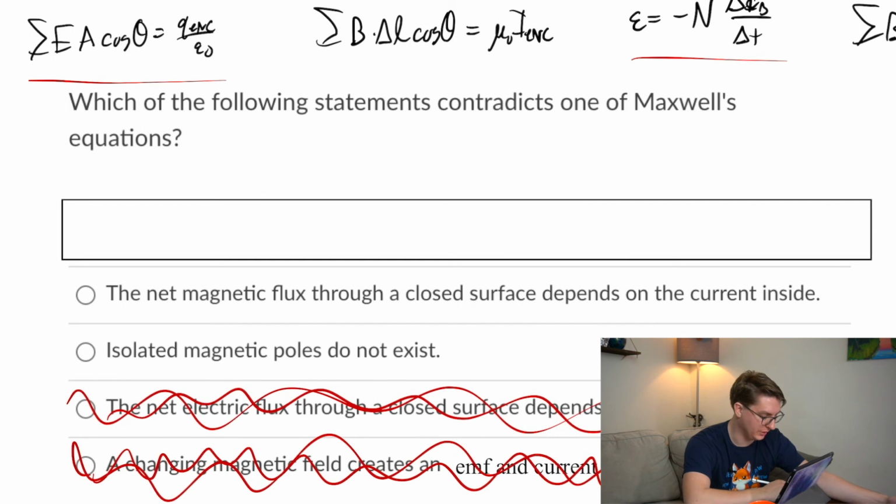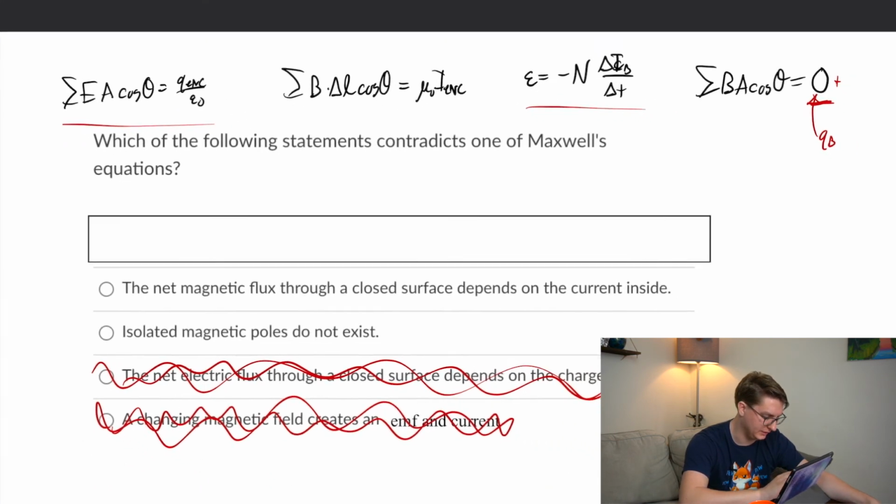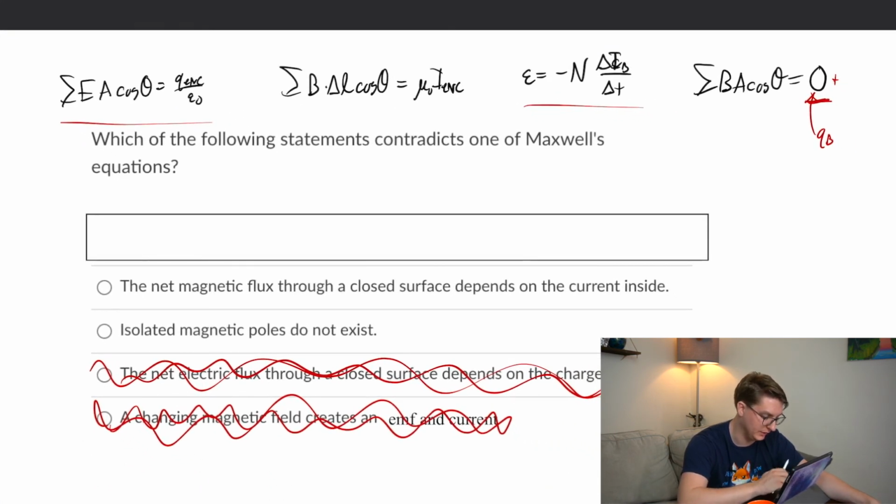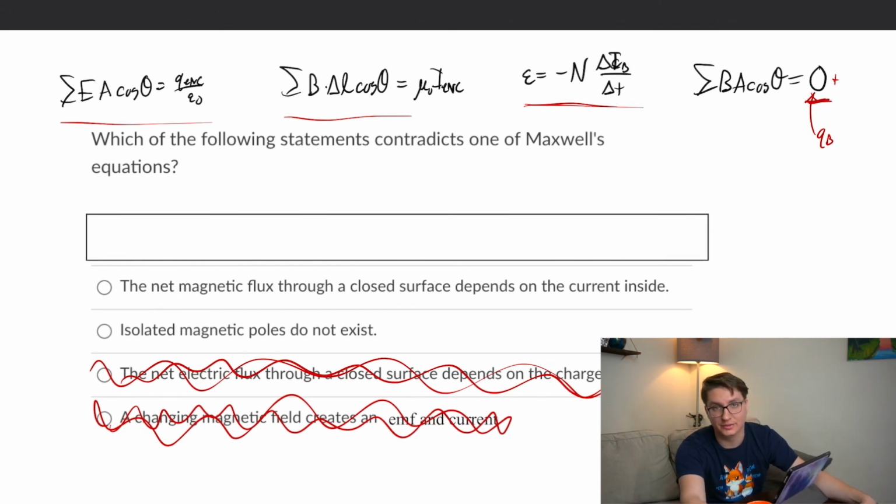So we don't know whether this is true, but that seems wrong. The net magnetic flux through a closed surface. So it's these two that have extra terms that we don't actually always talk about, but they're there. Again, what we talk about is some of the more simplistic ways of presenting physics that we can present easily. The reality is always a little bit more complicated, especially with the math and using calculus, but